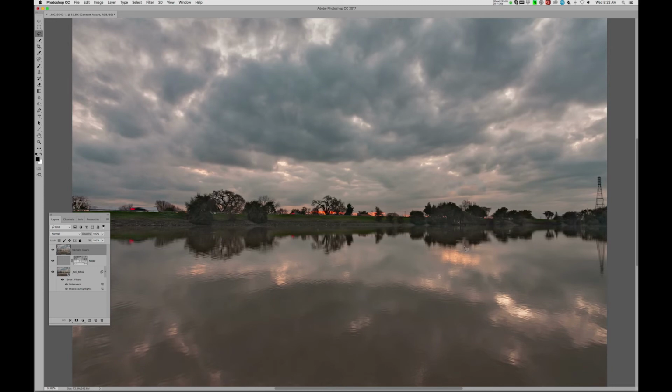And now we move down to the reflection in the water here. Shift F5, Content Aware. All right, now on this last one down here, I'm going to show you in the